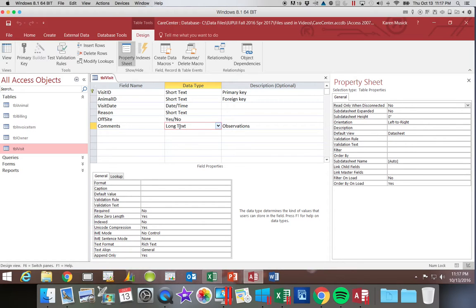Now, short text is 255 characters, which sounds pretty long to me. However, the long text is 65,535 characters. So clearly a significant difference. But some of the other options that we have